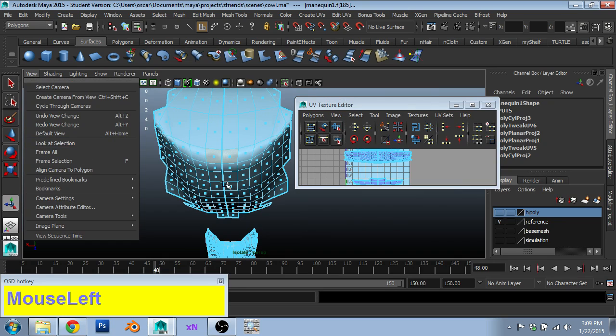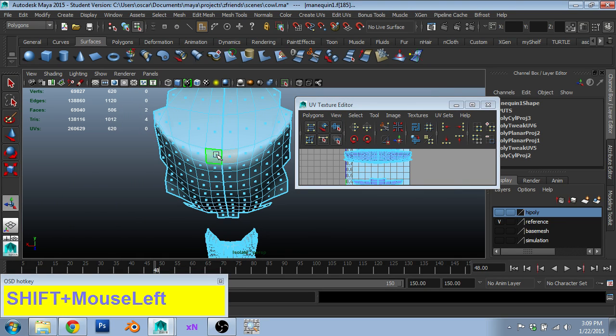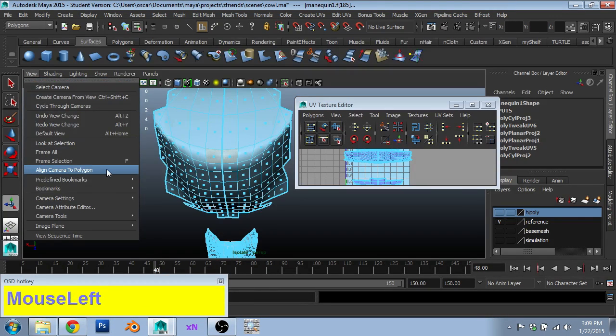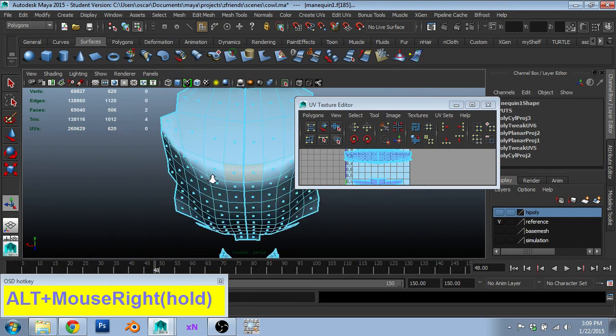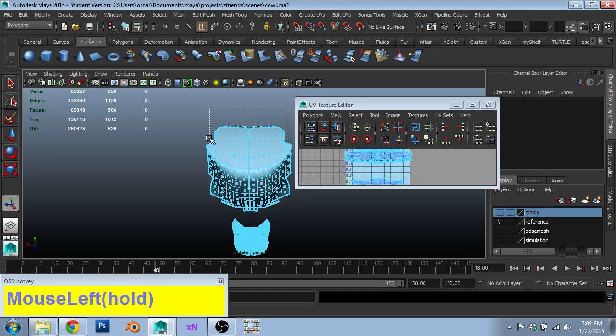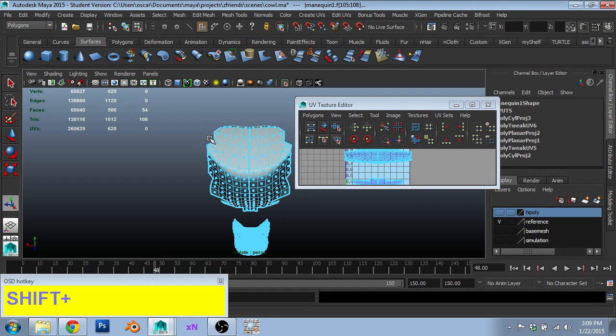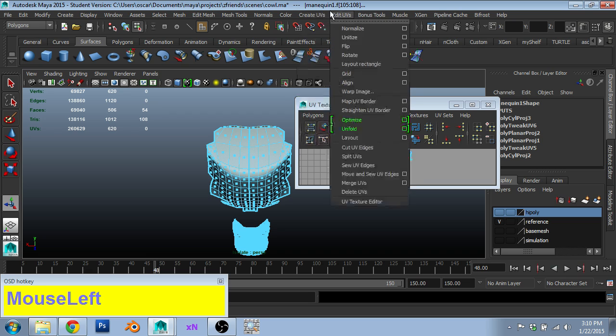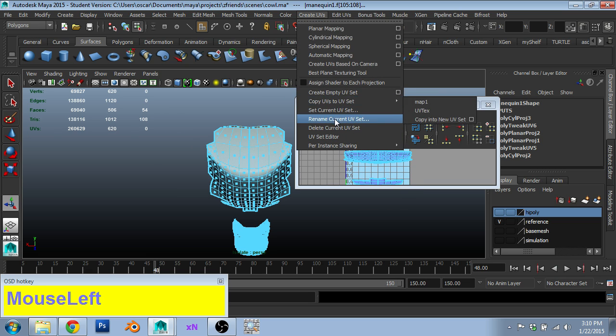View. Align camera to polygon. And now I can just select these, grow some selection like that, and now I can go create UVs